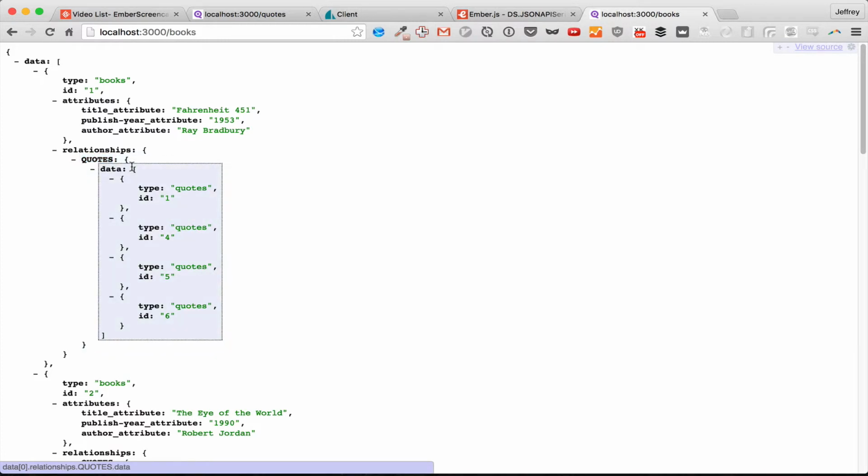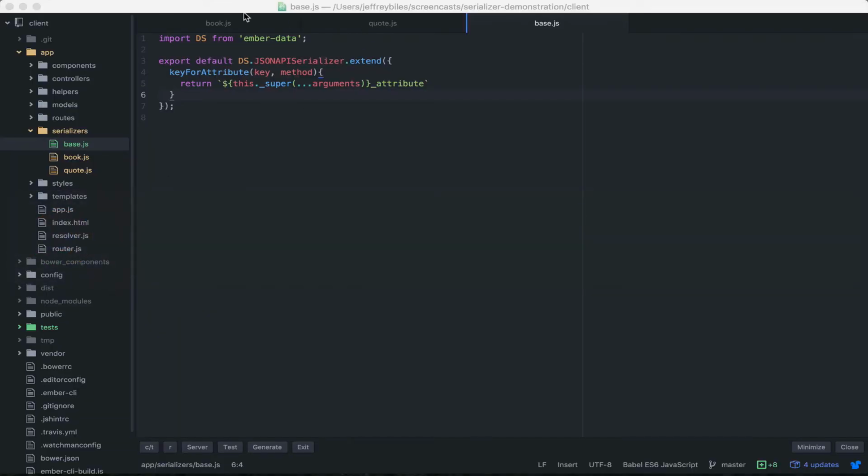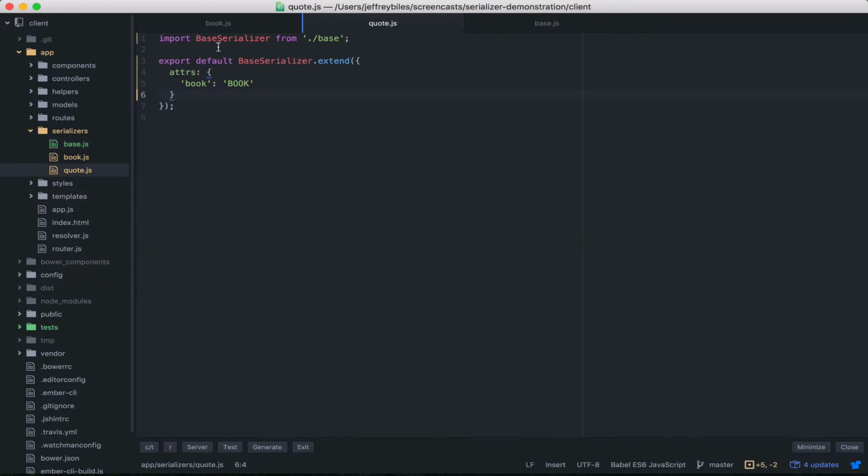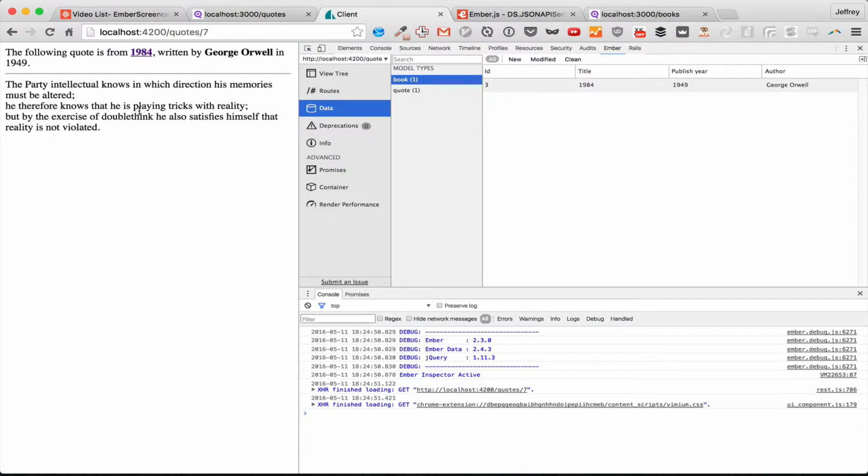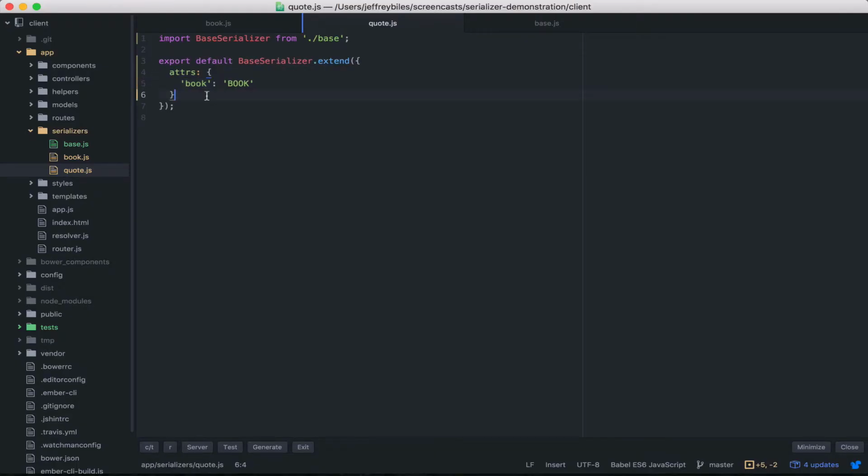And once again, we could take care of this with an attrs hash. This hash is translating from the lowercase to the uppercase, and things are working. We could do the same for quote, but then we'd have to do that for every relationship. While there aren't that many currently, the app will grow, and we don't want to have to add one of these every time. So we'll delete these